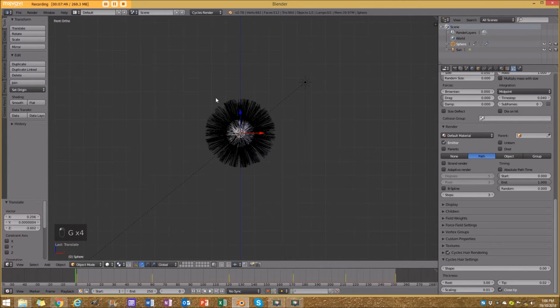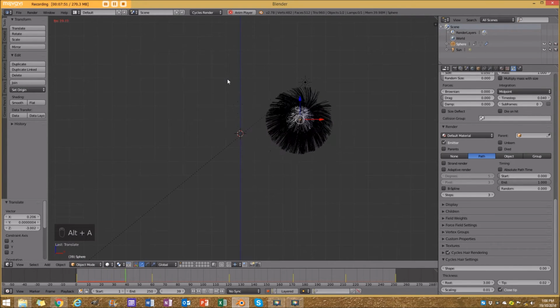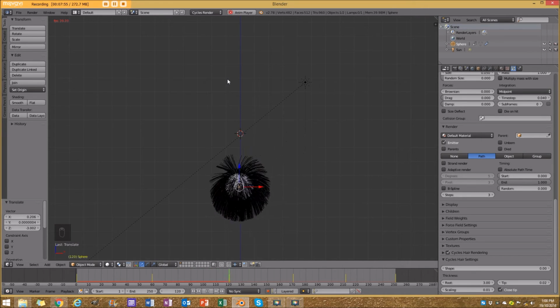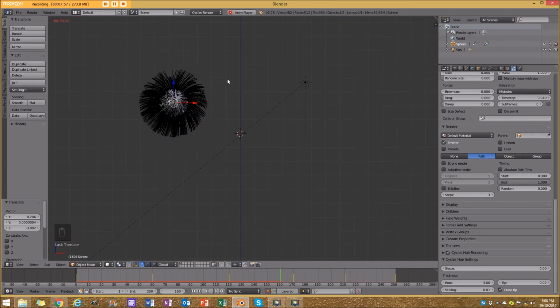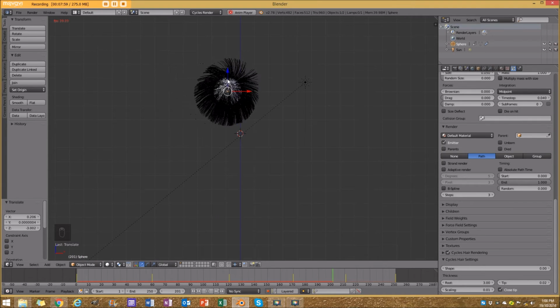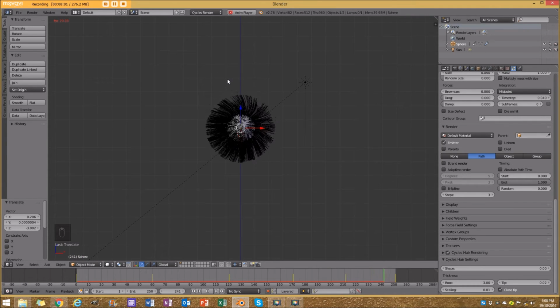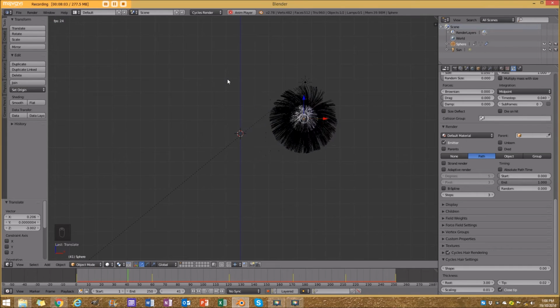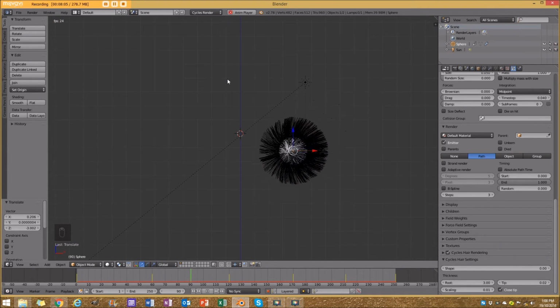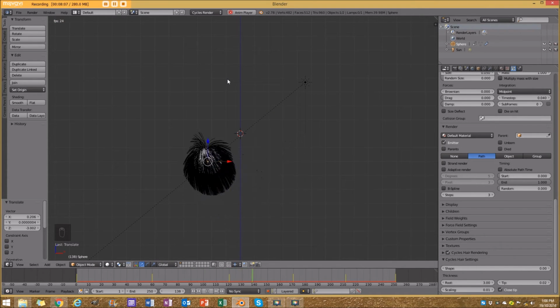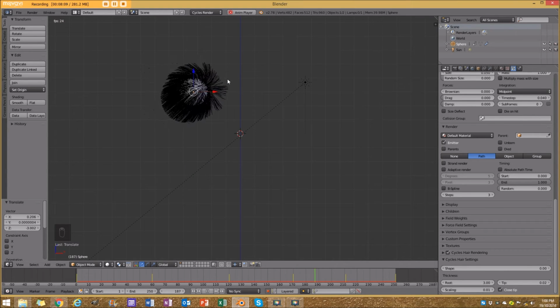Okay, so if I play this now, the animation, you're going to see it's actually interacting with the air in the atmosphere, and you can see the hair particles are now reacting. Now another thing you can do, if you wanted the hair, for example, to move without the object moving, say you had wind blowing in the scene,